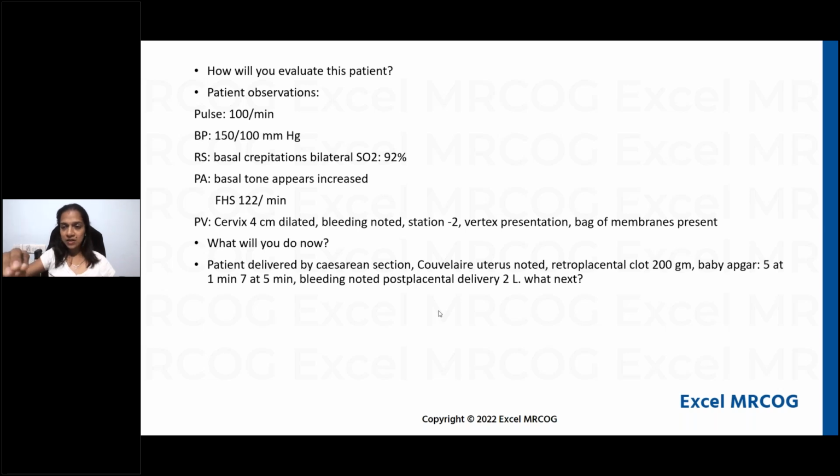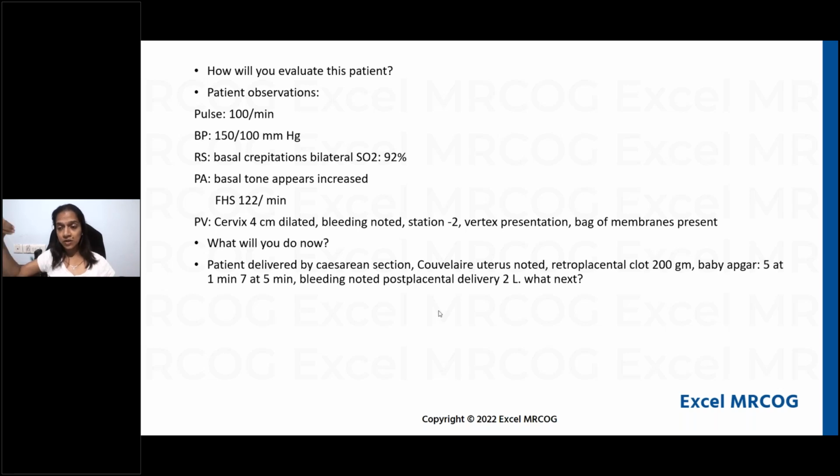You look at the preterm labor and your mind goes on to the NICE guidelines on preterm labor or the Green Top guidelines on preterm labor. No, you need to look at the entire scenario that you're dealing with. Okay, and the scenario evolves. So when you find out more about the patient, you know that this is not preterm labor alone. This is more serious than just preterm labor. And even if she's preterm labor, my dear, in this scenario, you'll not wait for steroids.